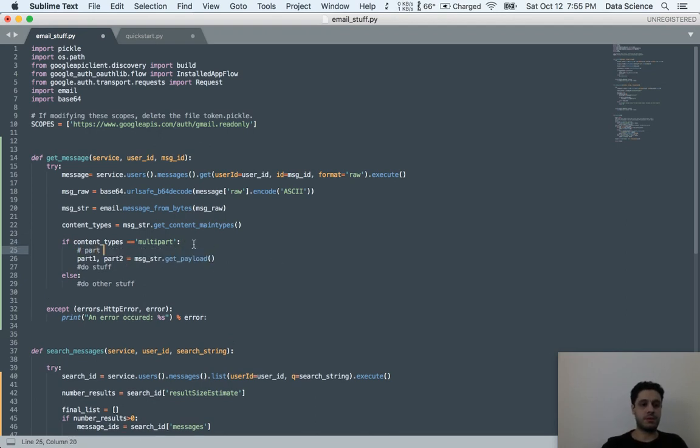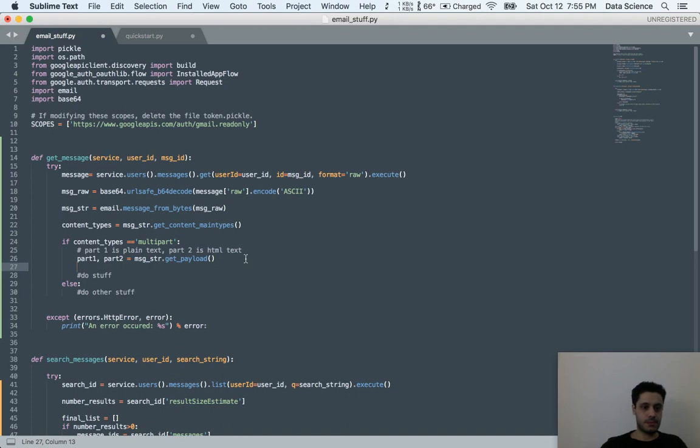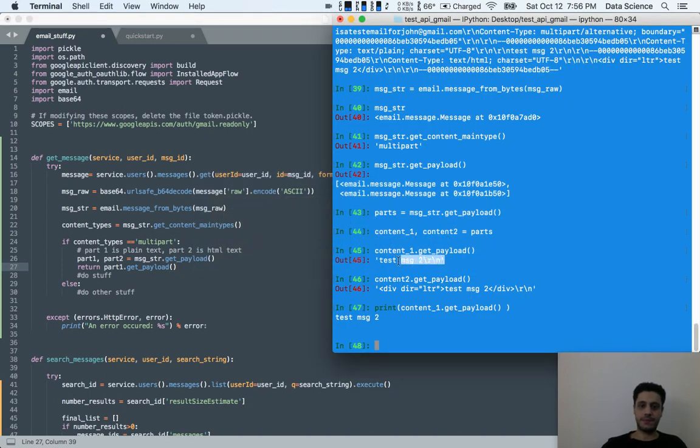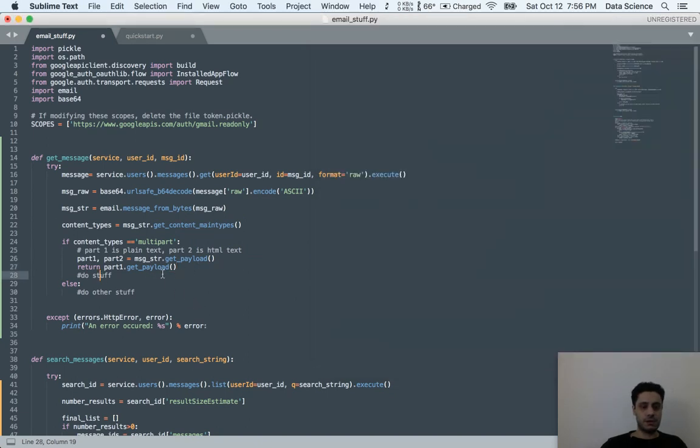Part one is plain, raw is the wrong word. Let's be careful of our words here. Plain text. Part 2 is HTML text. Okay. So what we want to do is return part 1 dot get payload. Right? Because when we do that, this is the message body. So that's that. Else,